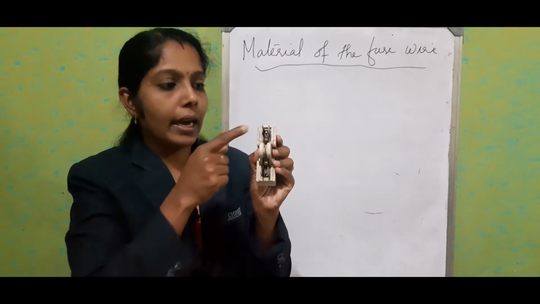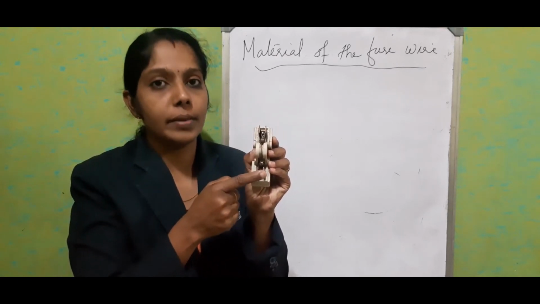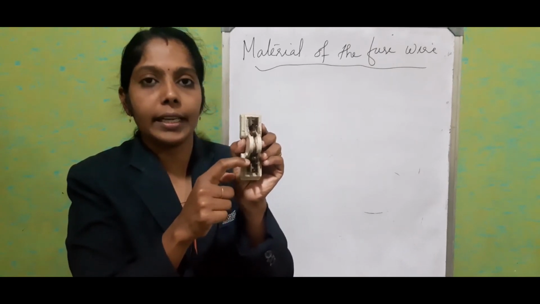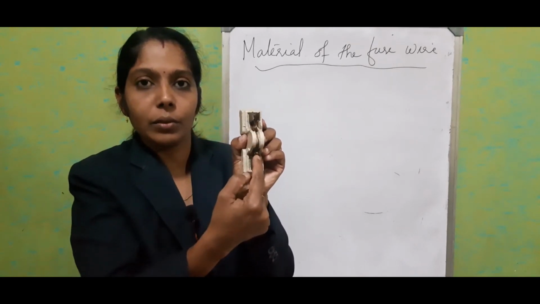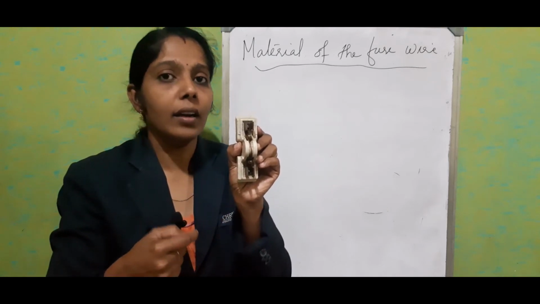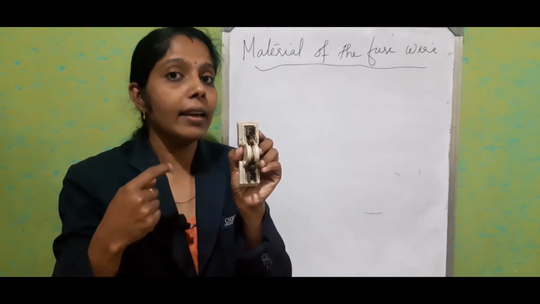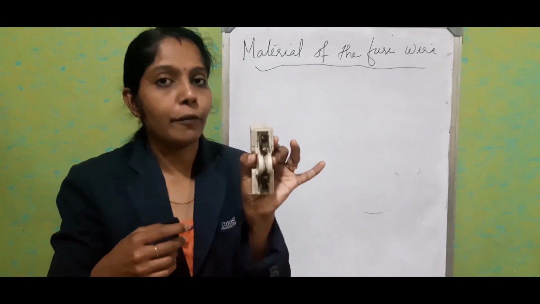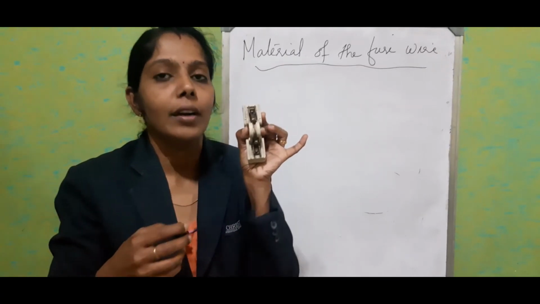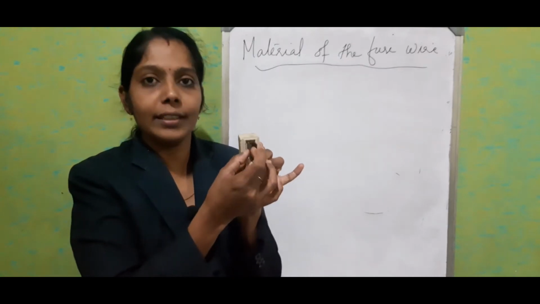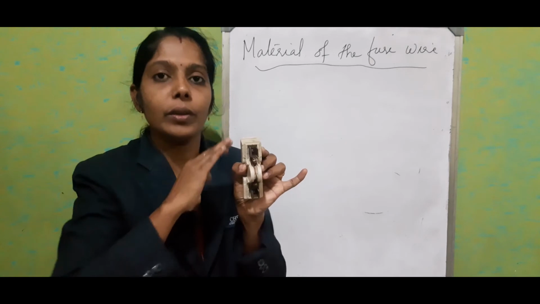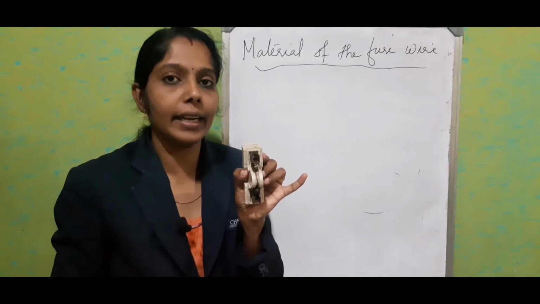You can see that on either side we have two terminals. In between the terminals, two screws are connected. Between these screws, we have connected the alloy of tin and lead wire. So that is the fuse wire. This we have to install, or fix, inside the socket. Another two terminals are there in the socket, so it will be fixed there. That is the way it completes its connection.